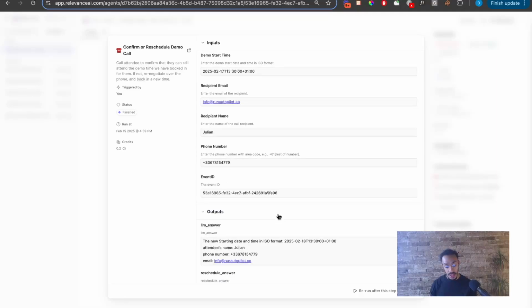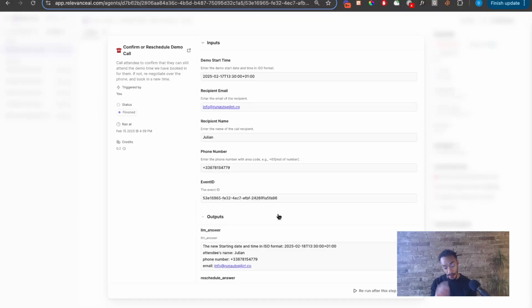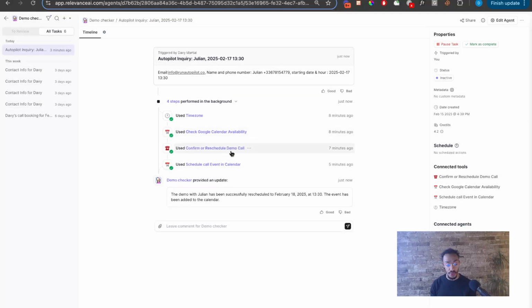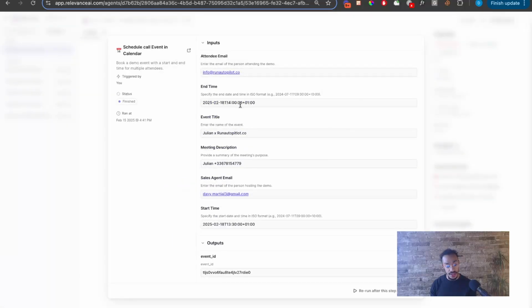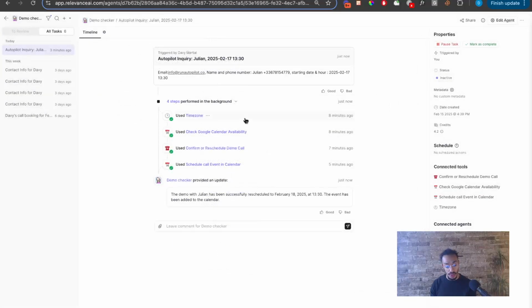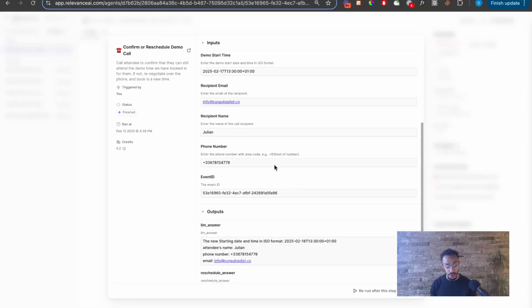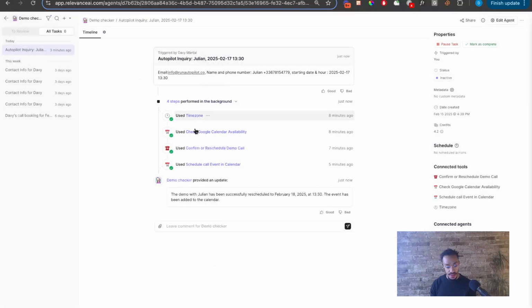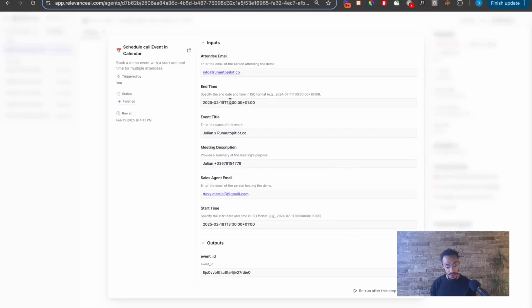And so that allowed the agent to have all the data they needed in order to make the call and then schedule an event. And those data were based on the output that we had from the previous tool. So right here, we can see the new date that was scheduled on the 18th. And now we can see the 18th is now the end time. So he's using this as an end time because he had half an hour, but the starting time here is the 18th,